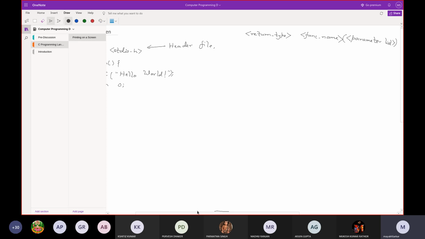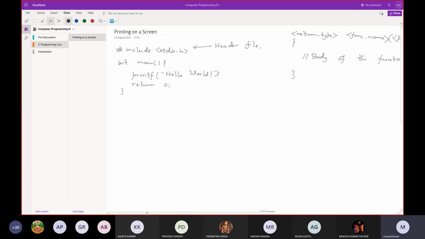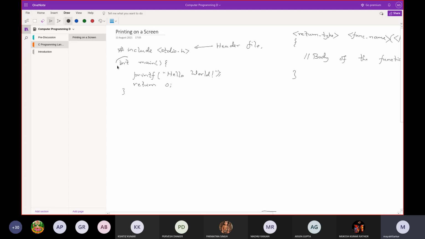Then this is called the body of the function, or the definition of the function. This is the general structure of a function, and as you can see here, its return type is int.